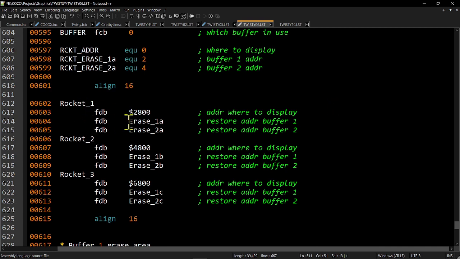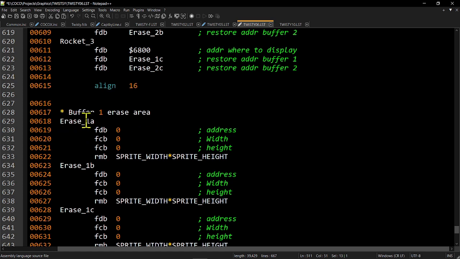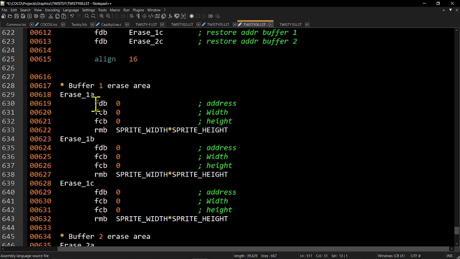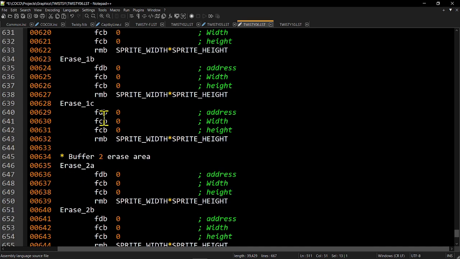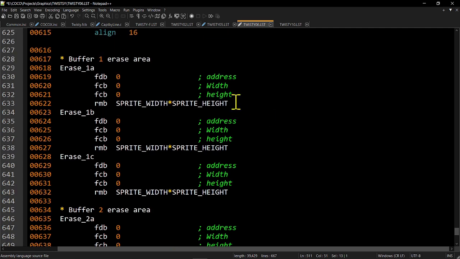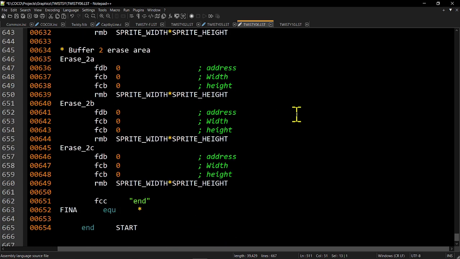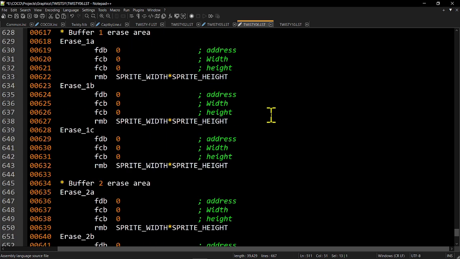So rocket 1, he says I got to erase 1A and 2A. Okay, here's erase 1A. This is for buffer 1. Okay, it's got an address, height, width, and same as we had before in Twisty 05, it's got the 128 bytes here. So for buffer 1, this is for rocket 1, which is ABC here, and buffer 2 has ABC for rockets 1, 2, and 3. So we got 128, 128, 128, and so on. Okay, so we got a lot of bytes down there just for restore, but we're going to have 3 rockets